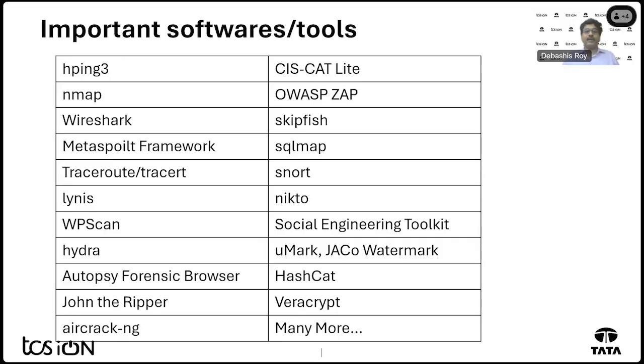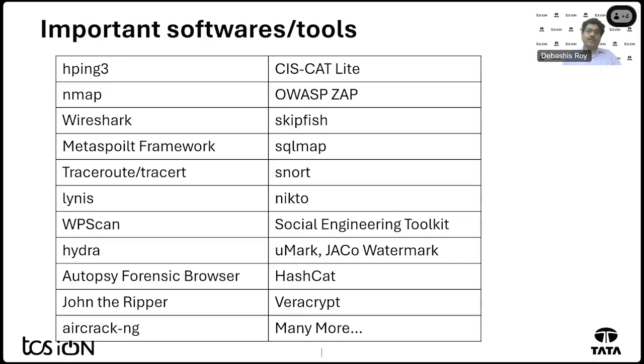Metasploit framework. Now, Metasploit framework is another one which is absolutely important because what it does is it can create and hack sessions. It is a penetration testing tool. So what happens is it actually checks for multiple things, say, for example, what the vulnerabilities are. It can use a payload to create a situation where you can hack a session and work with it. You can check what the different vulnerabilities are, you can check what the open ports are, and so on. So Metasploit framework can be used to perform multiple activities like this.